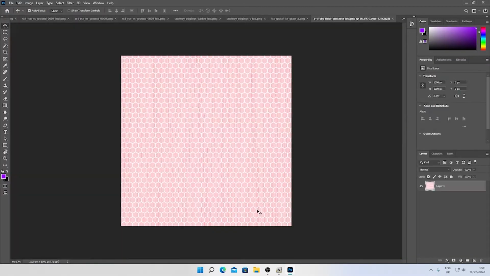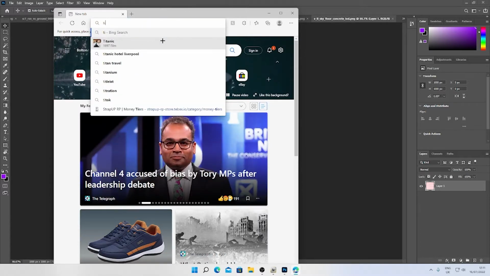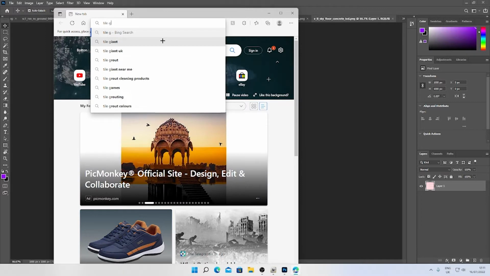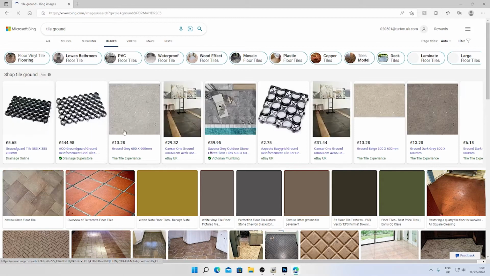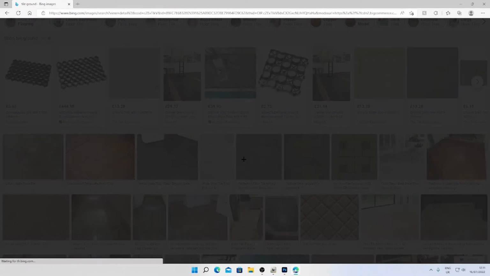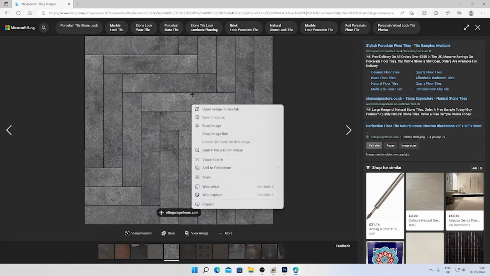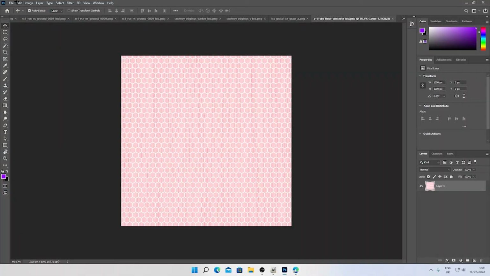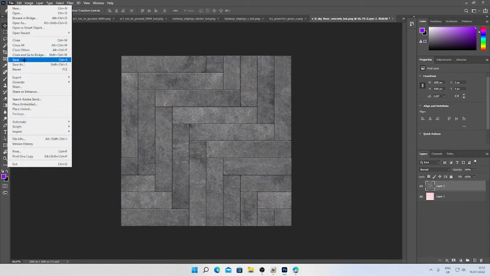It'll take a while. So guys, when you're on Photoshop, all you have to do is just go to Google and search up, I'm going to do a tile ground for the ground. I could do something like this, yeah. So I found one, so all I'm going to do is right click, copy, and then edit and paste. And then if it's not the right size, just do Control T to make it smaller or something. Well, mine's the right size, so File, Save As,